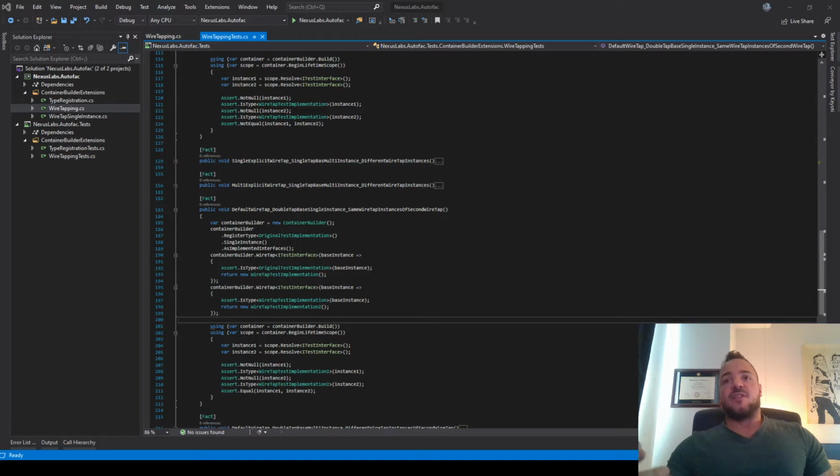So Autofac is a dependency injection framework, and I had something proposed to me that was essentially if we don't really have control over the core application and we want to be able to inject our own implementation of a service, but also have that new service consume the originally registered service, how can we do that? So essentially you're doing like a man in the middle, or wiretap.